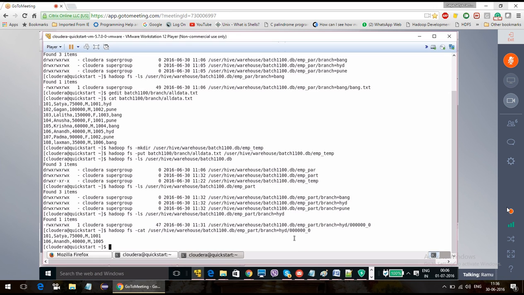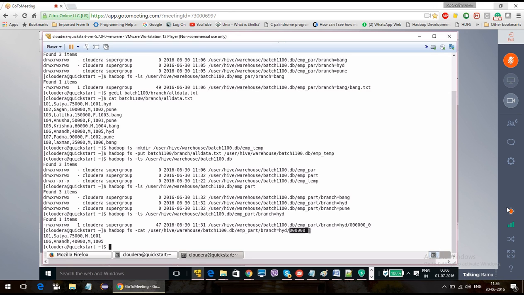Previously, whatever file you gave was stored as the same file. But here it is created as 000 files because it doesn't know which file to take. That is why it creates 00_0. If more data is there, 00_1. In such a way, it is created.